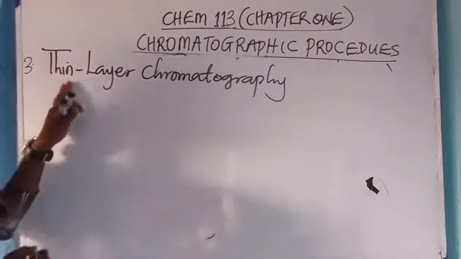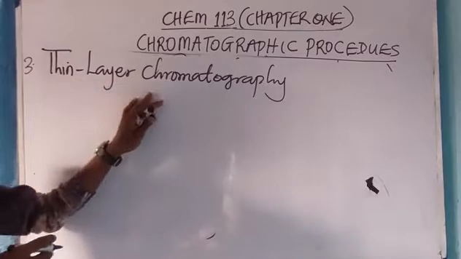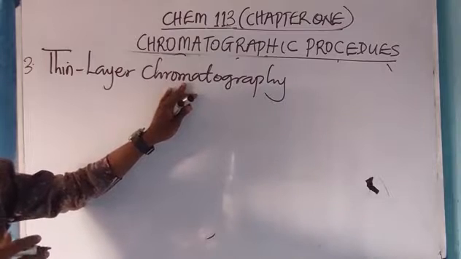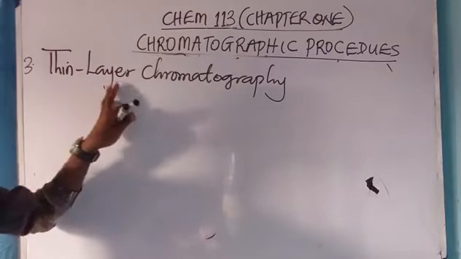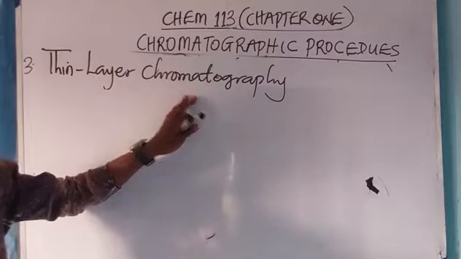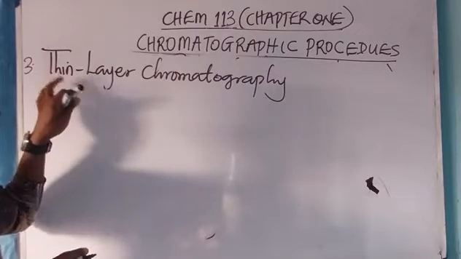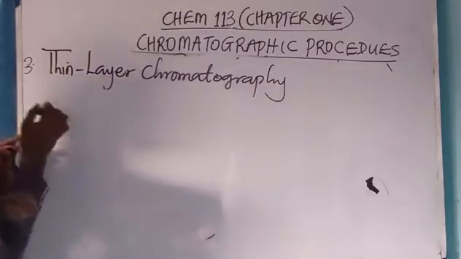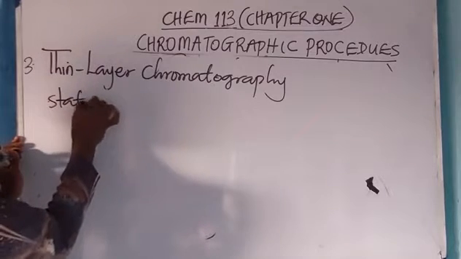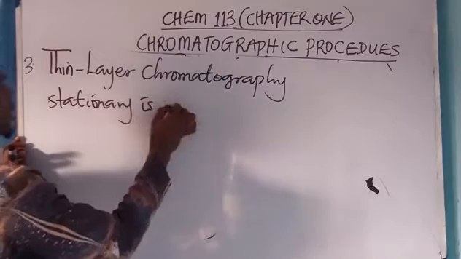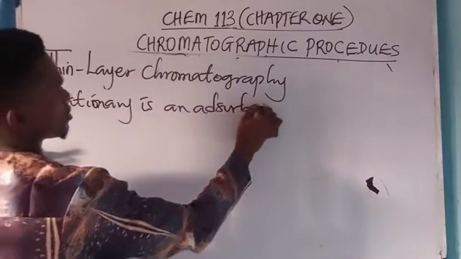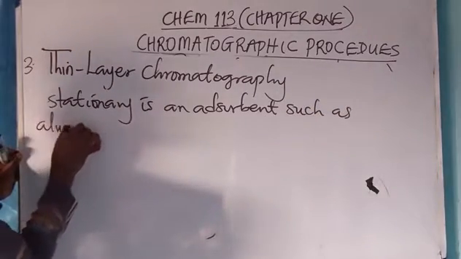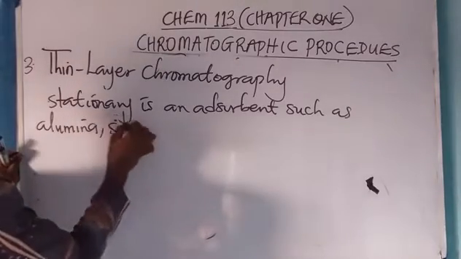All right. On that note, guys, thin layer chromatography is another type of what? Chromatography. Now, we can see that paper chromatography is even a type of what? Is a type of thin layer chromatography. Now, in thin layer chromatography, the stationary phase is an adsorbent such as alumina, silica gel,